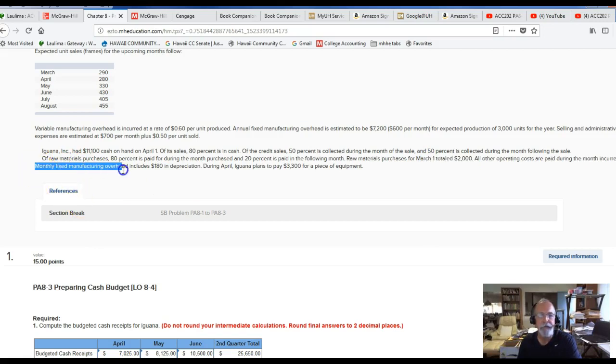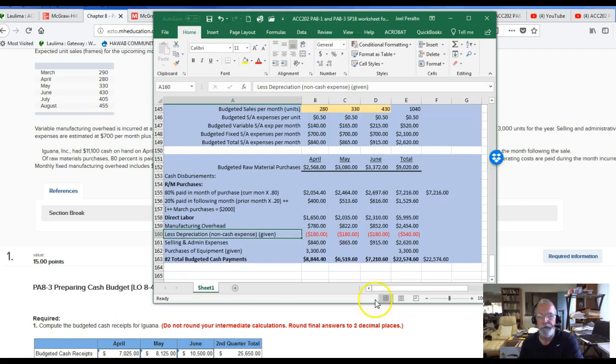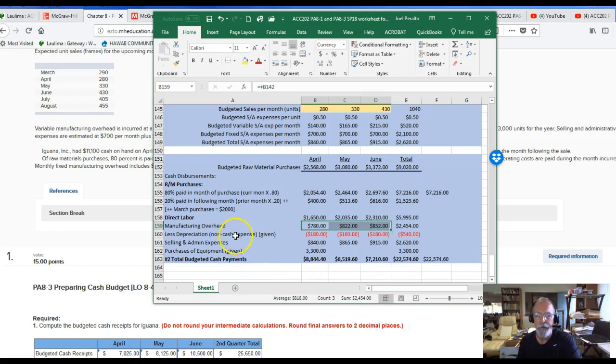Monthly fixed manufacturing overhead includes $180 in depreciation. So what that means is when we show our manufacturing overhead amounts as potential cash payments, we need to back out depreciation, which is a non-cash expense, and that's